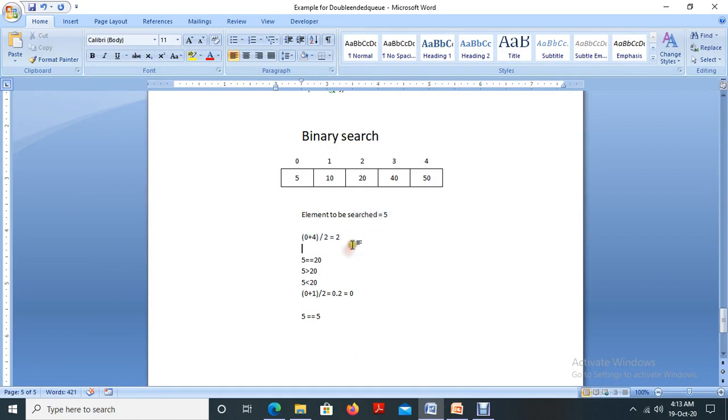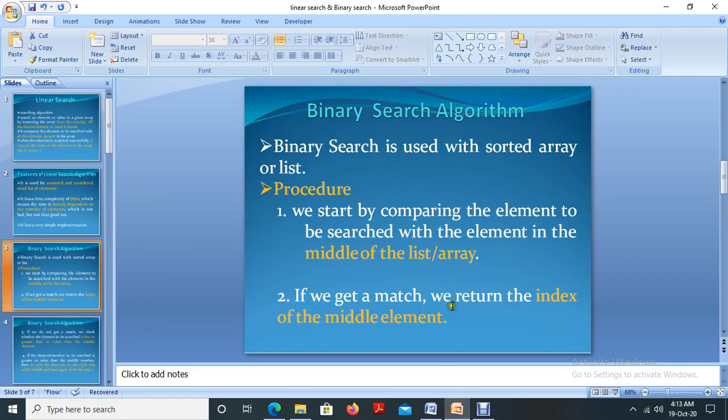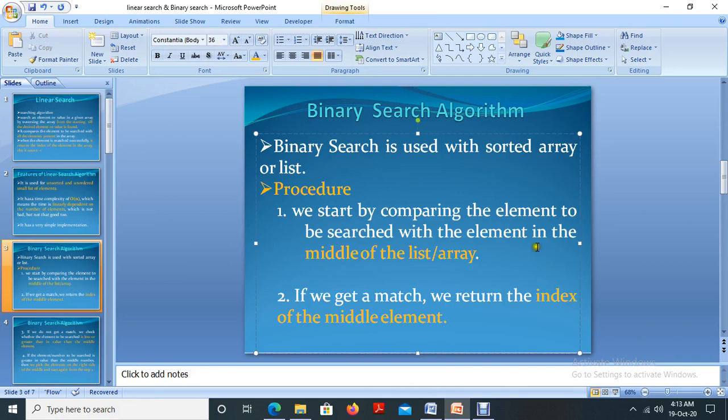So for that, we will start from the first element, that is the index value 0, plus the last element, the index value 4, which means the maximum size of the array minus 1, divided by 2. So we will get a result, and that index value is considered as the index value of the middle element. And if we get a match, we return the index of the middle element that we discussed. Okay.